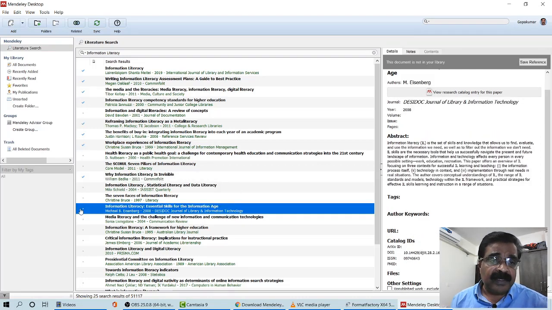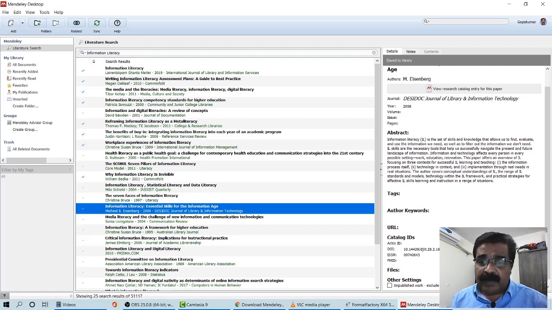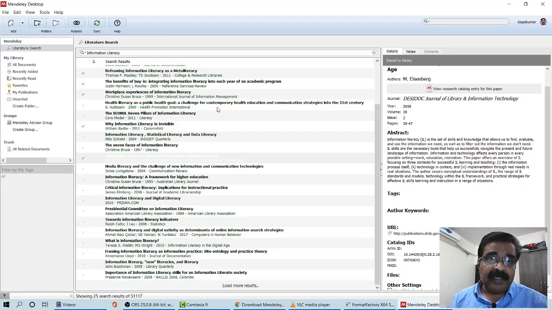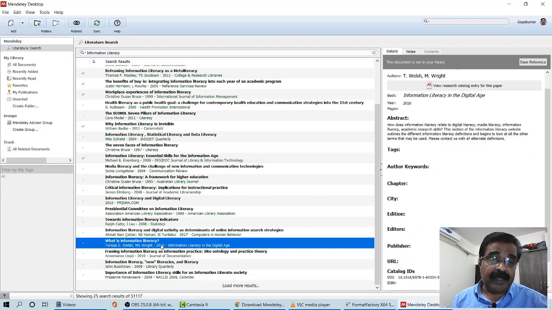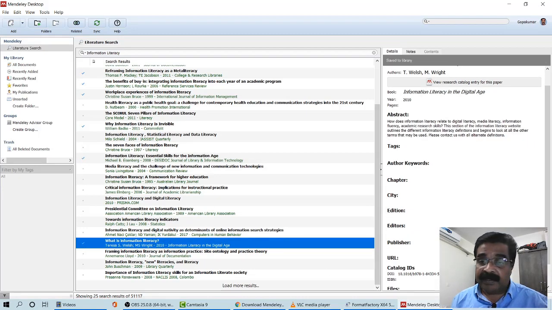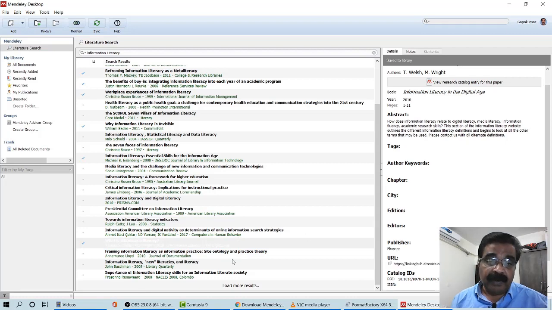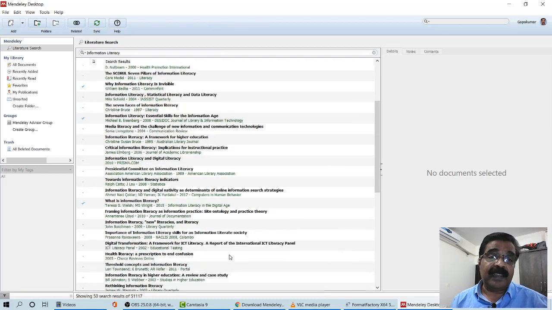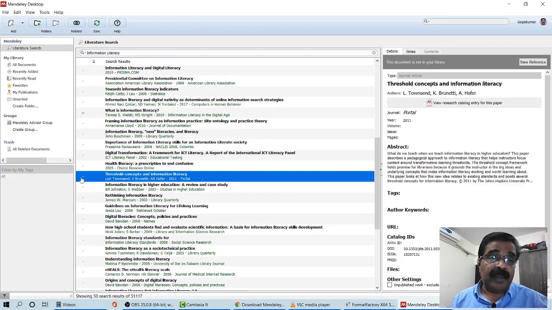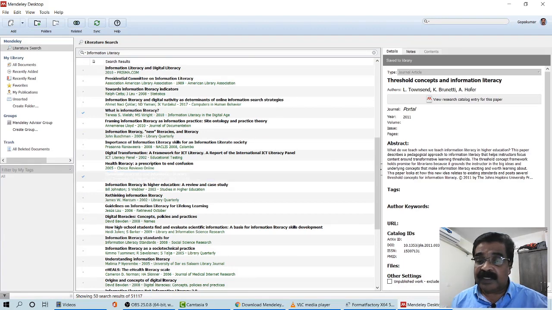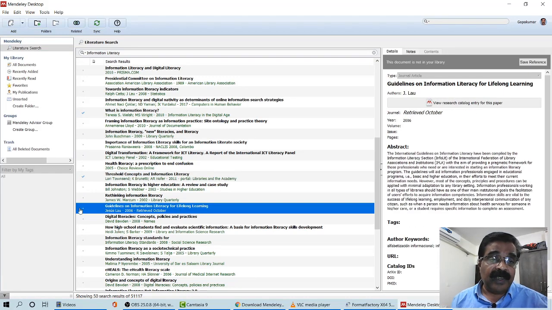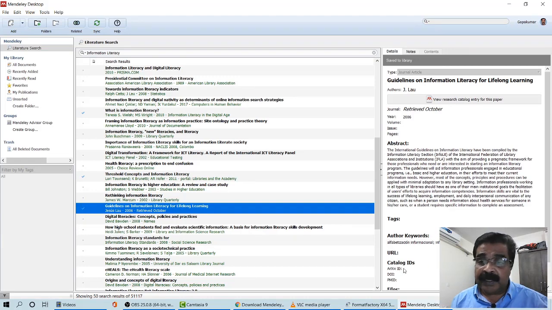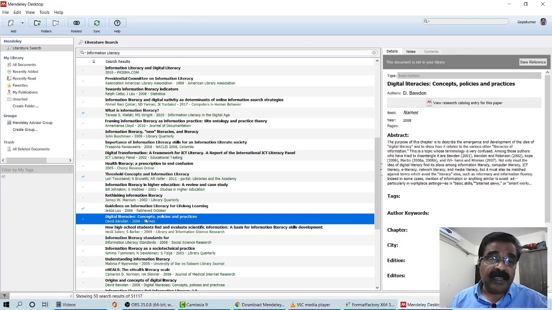Now once this much you have done, what you can do is come down. This is only 25 out of the 51,170. That means still a lot of things are there. You have to identify. Again, I have selected one more. What you have to do is click on the load more options. Load more results. So again another set of 25 will come out. Out of that you have to select again items which are useful like this. So this way you can gather a lot of information about these items.